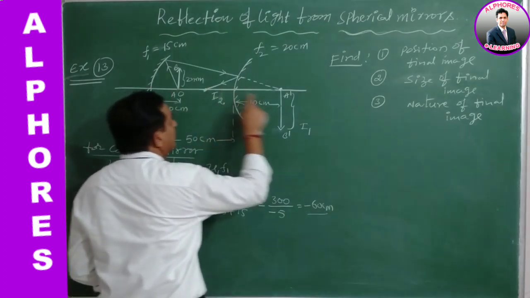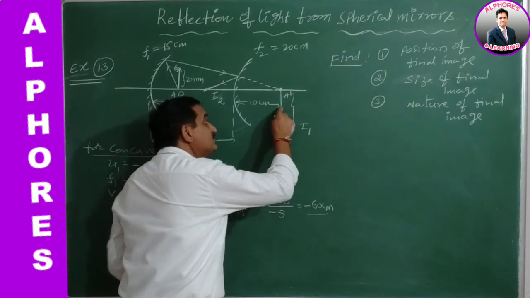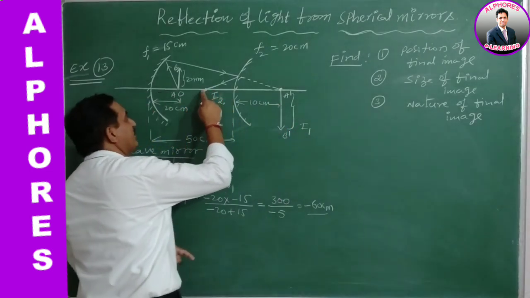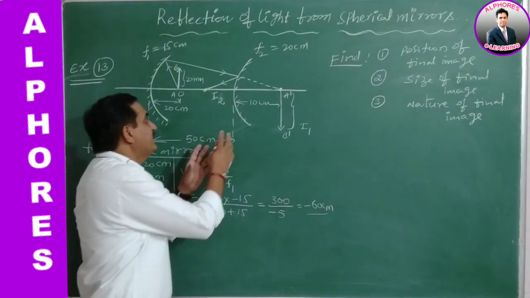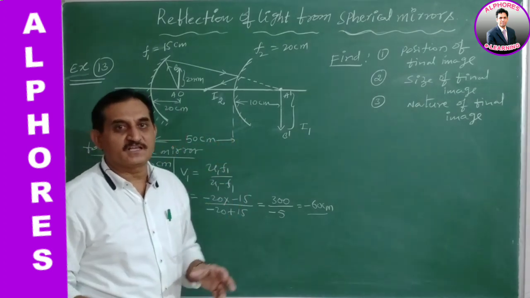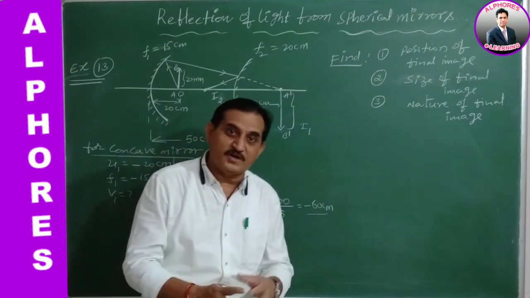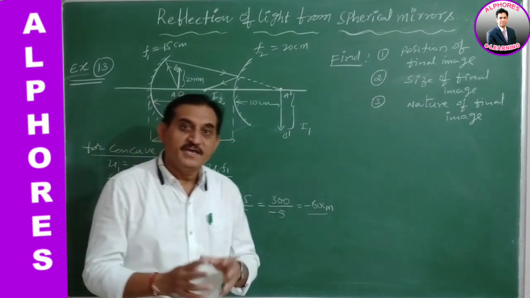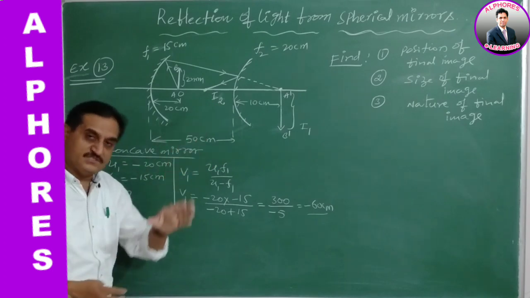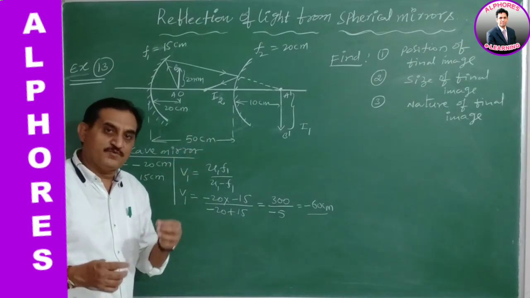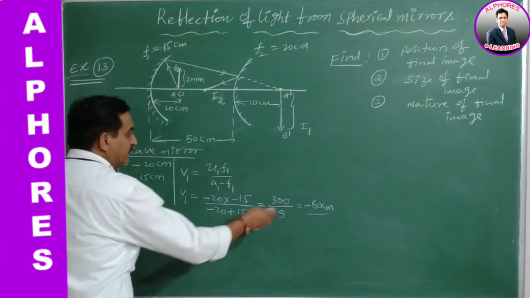Okay, so its image is here. This image serves as an object to this convex mirror as a virtual object. Its corresponding image is formed over here. It is a real image. This kind of explanation was already given. A convex mirror gives the real image for a virtual object and also a virtual image for a virtual object. There are two conditions clearly explained earlier: U is less than F for a virtual object, which gives the real image when the object distance U is less than the focal length F. Okay, therefore here it is 60.